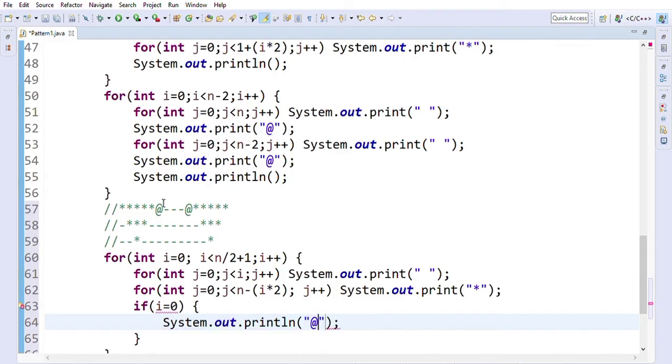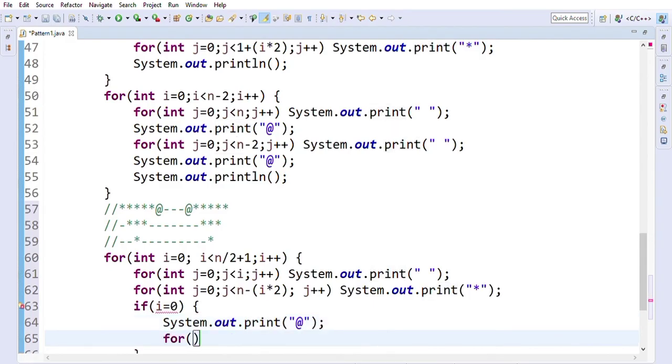This @ sign is this part, and then n minus 2 white spaces. After printing @ we will print white spaces for how many times? n minus 2 times. j equals to 0, j is less than n minus 2, j plus plus.